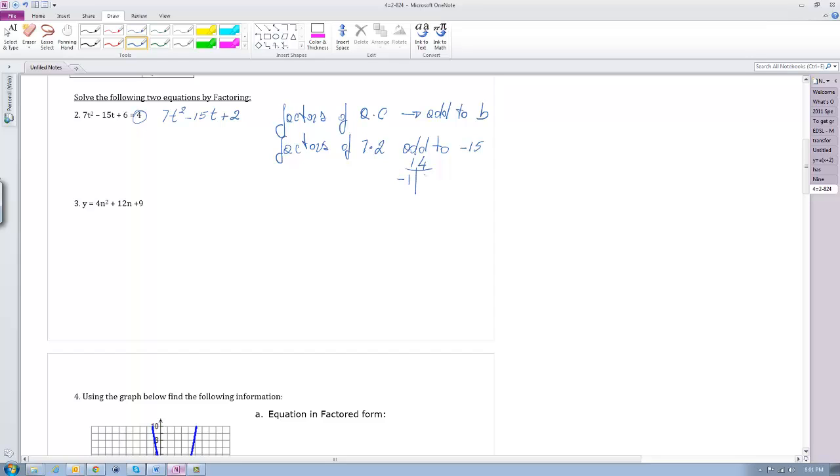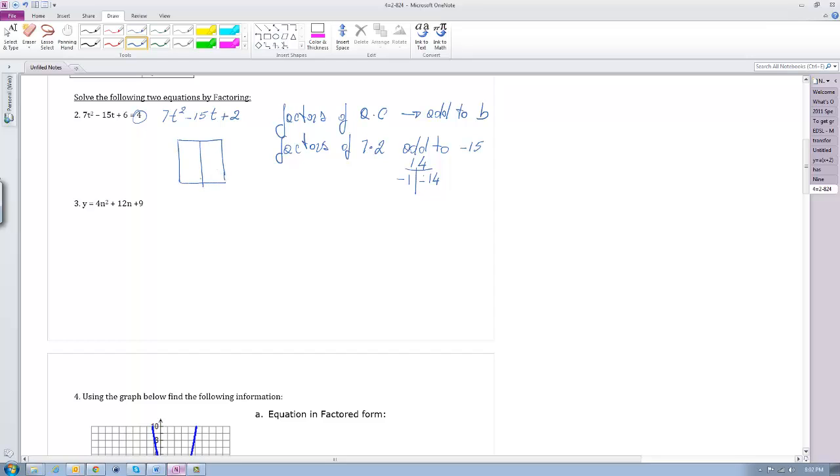If you think just one second, you will see that the only thing that works is actually minus 1 and minus 14. If we multiply minus 1 times minus 14, we get 14, and if we add them up, we get minus 15. So using the reverse box method, I'm